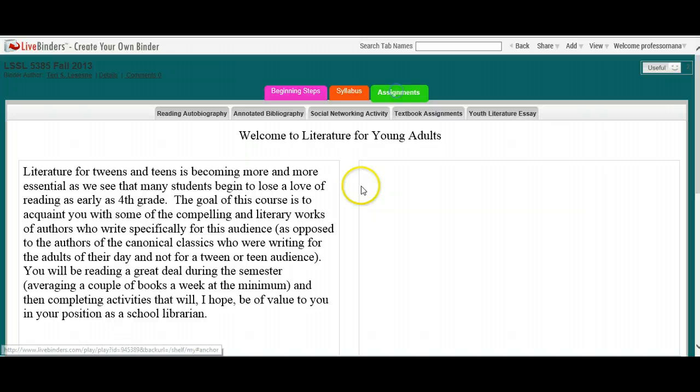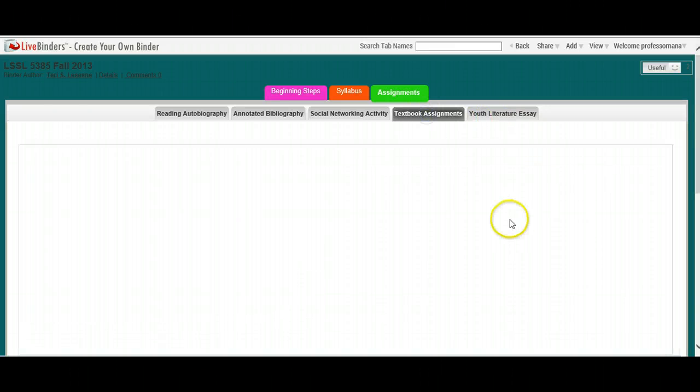I want to click on the Assignments tab because we've looked at pretty much everything else except these final two assignments right here. And today, in this screencast, I want to take a look at the textbook assignments for the class. You're going to be reading 30 young adult novels for this class, and in order to demonstrate to me that you have read the books, that you understand what's going on in the books, but more importantly, to demonstrate to me that you have a good feeling for what the textbook is telling you, there are some activities that